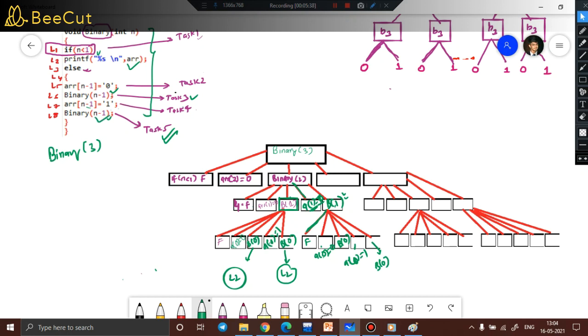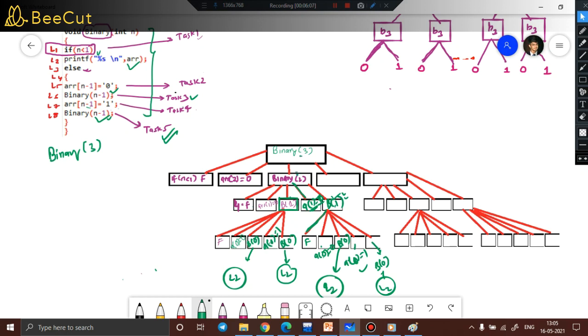So since we made a call of b0, it will immediately return and print the array L2. Sorry, not the size but the array, whatever changes we have made so far will be printed here. It will go back, execute this line, and again go back and come here and execute this line. So this line again will print L2. Got the point? Now all the tasks under this call are completed. We came back, all the tasks under this particular point are also completed, right?